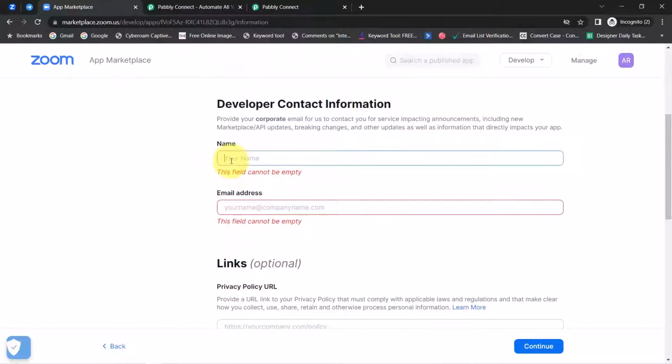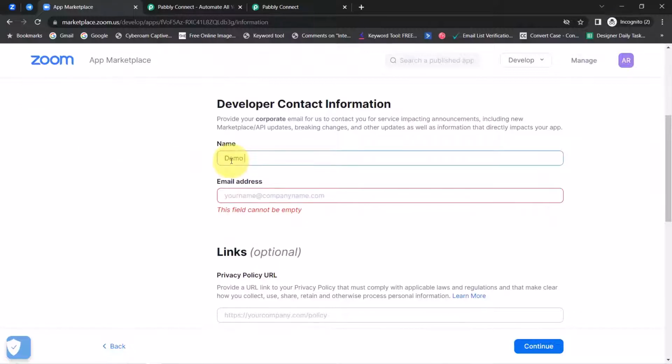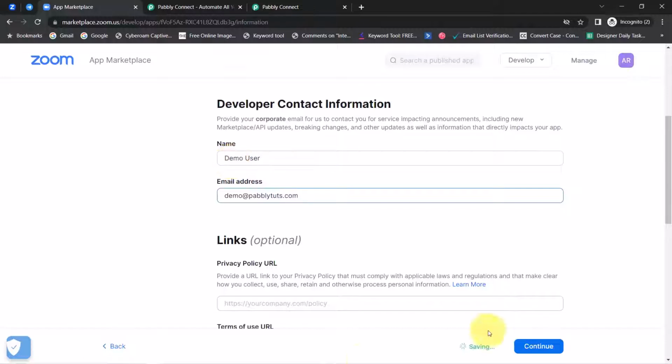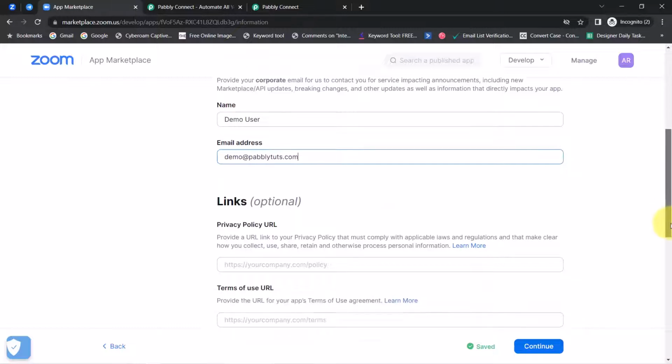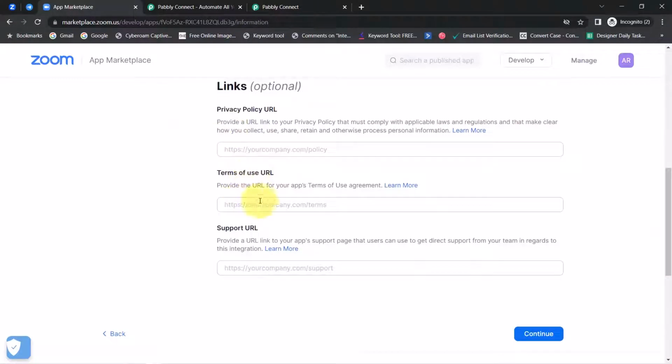Okay, so I will add the name of the person, that is demo user. Okay, assume that this is my name. Okay, asking for the email address, demo@pabblytudes.com. I am adding the testing details only here. Alright, now it is asking for the links which are completely optional, so I will leave all these 3 fields